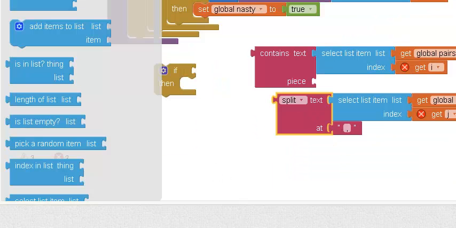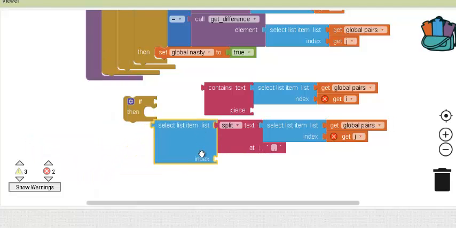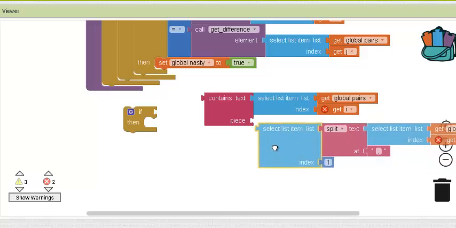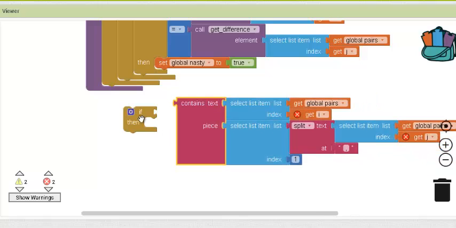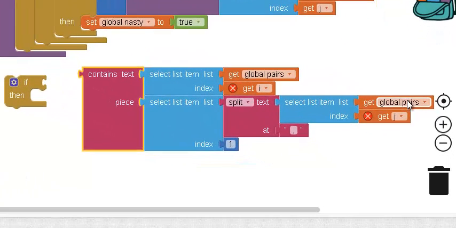So I'm going to go list, and I'm going to say select this one, but number 1. And then I put it back here. So this one is going to return the first element of the J's item of the pairs list,